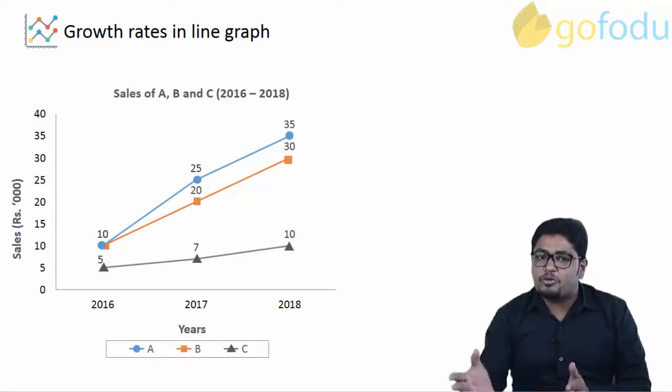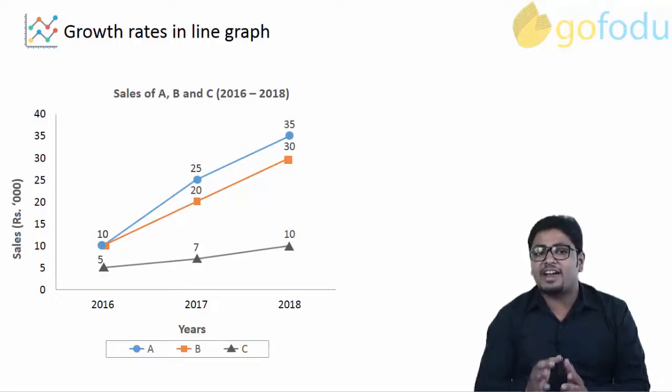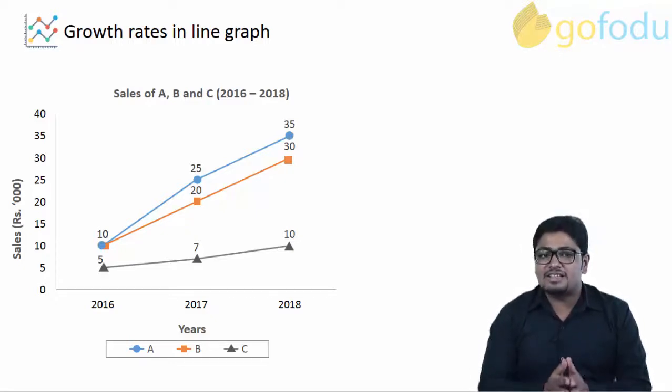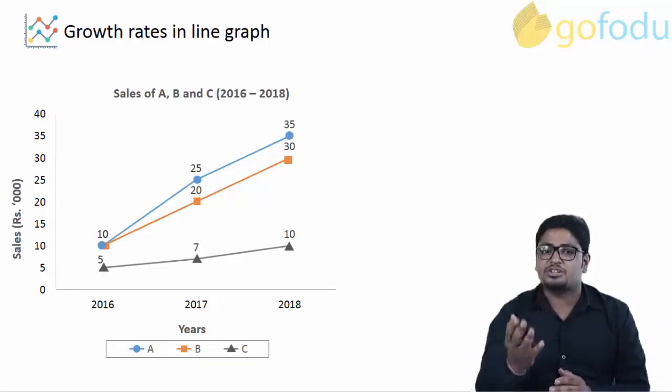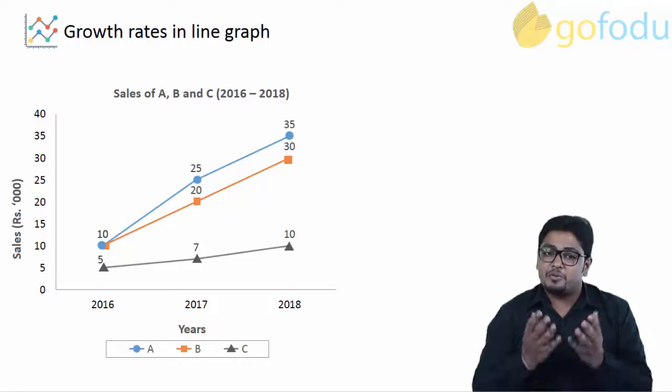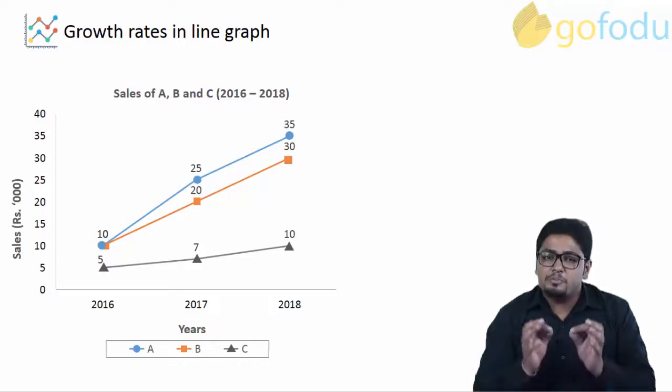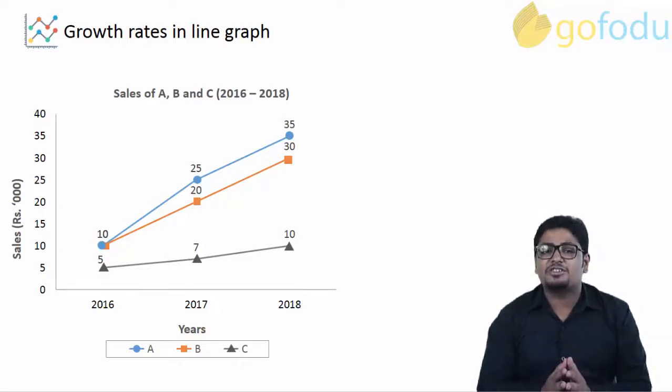Now before we move ahead, let's talk about a key characteristic of a line, that is its slope. Slope, as we all know, is the inclination or the steepness of a particular line. We also understand that the more the steepness or inclination of the line, the more the slope, and vice versa.